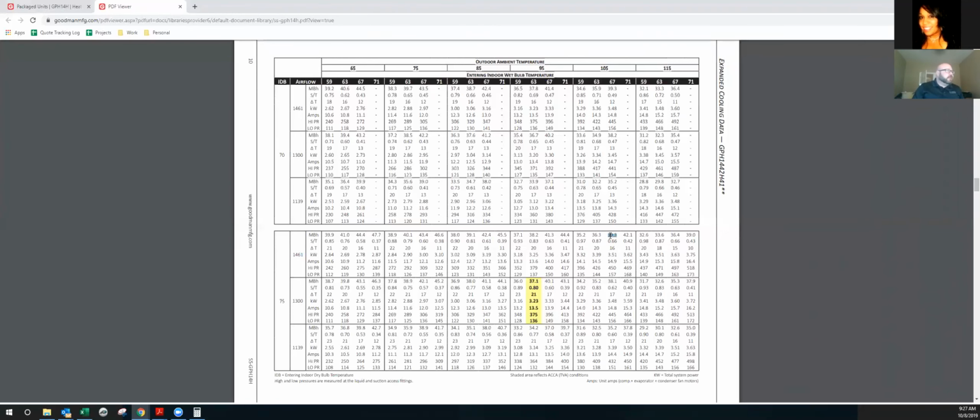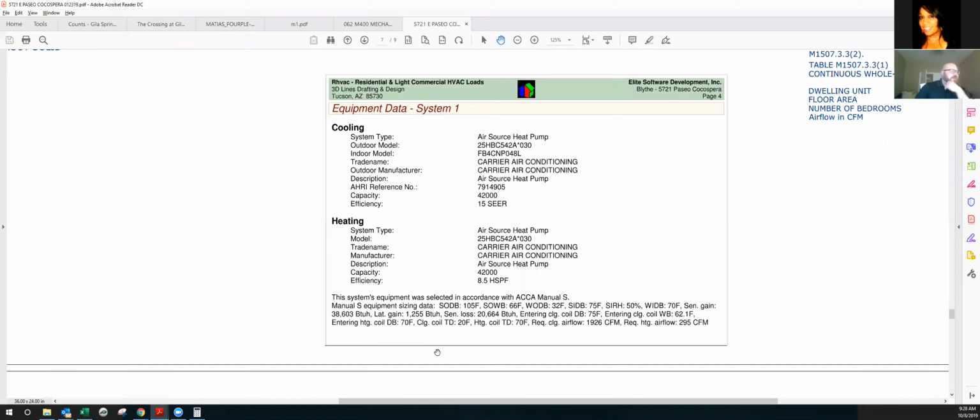Okay. So that's our total cooling. The next factor we have to account for is that whenever you're cooling a space, a certain amount of the BTUs that you're providing don't actually affect the temperature. They kind of get